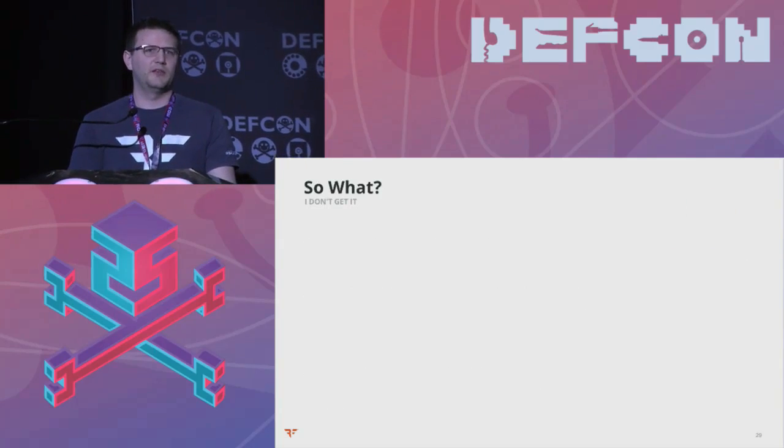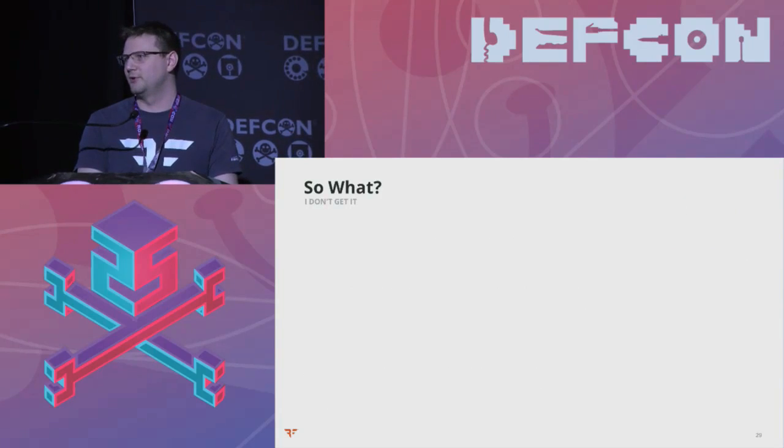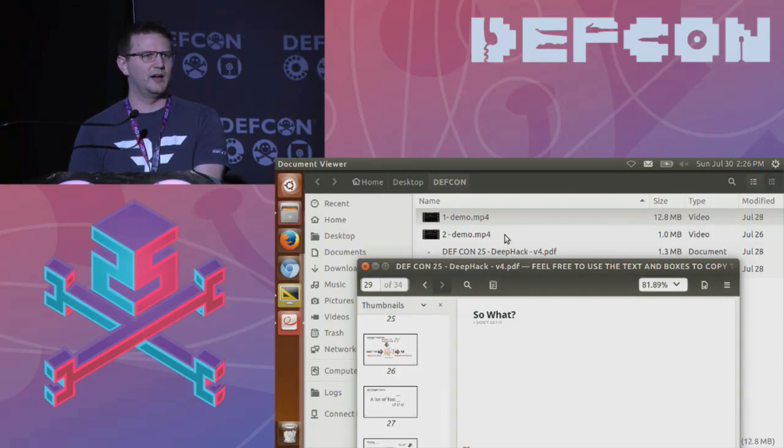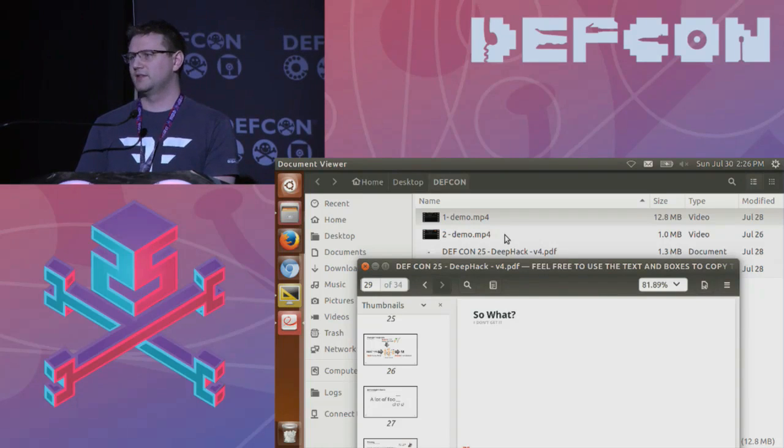So maybe at this point you're thinking, so what? You made some computer program that hacks into a web application's database, and they already have programs that do that. That's true, but part of what makes DeepHack special, and part of what might make you want to make AI-based hacking tools, is that there's nothing in what we were talking about that's specific to the underlying database type.